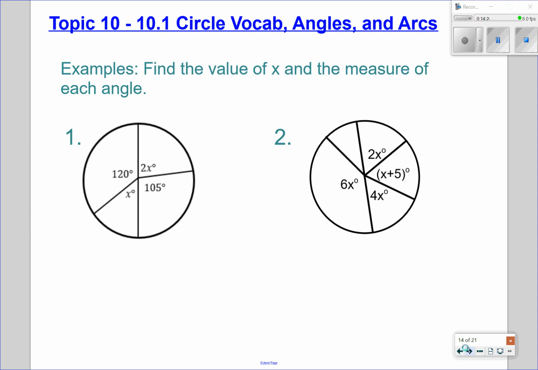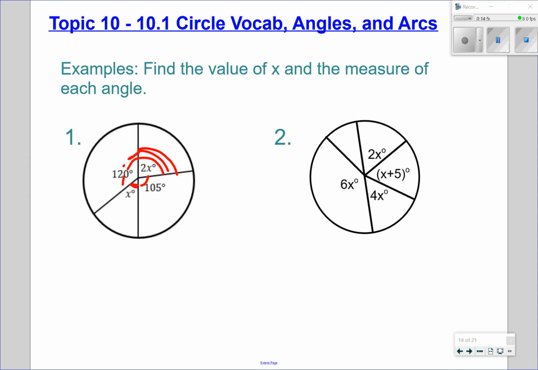Let's go ahead and try a couple of examples. Take a moment, pause the video, write these down, and I'm going to go through them for you. So they asked us to find the value of x and the measure of each angle. So if I tackled number 1, I'm looking at the fact that I have an angle here of 105. I have a smaller angle here, x. I have another angle here, 2x, and then a 4th